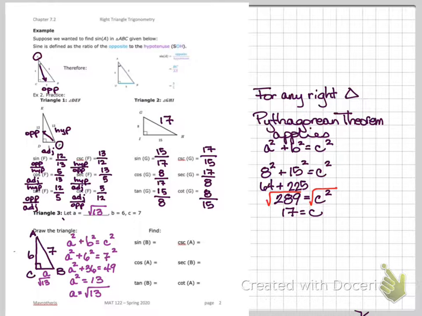So the sine of B, and notice here we're looking at different sides at this point. And I'm going to go ahead and see if I can color code a little better so that if you are just making sense of these, it's a little easier to follow. So there's my 6, there's my 7, there's my square root of 13. So the sine of B